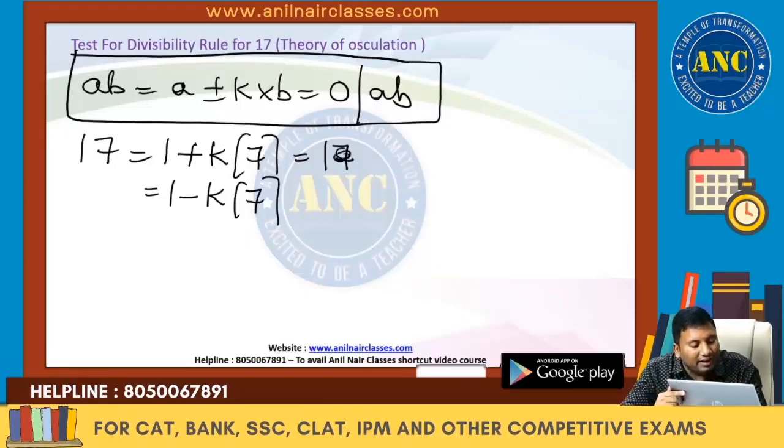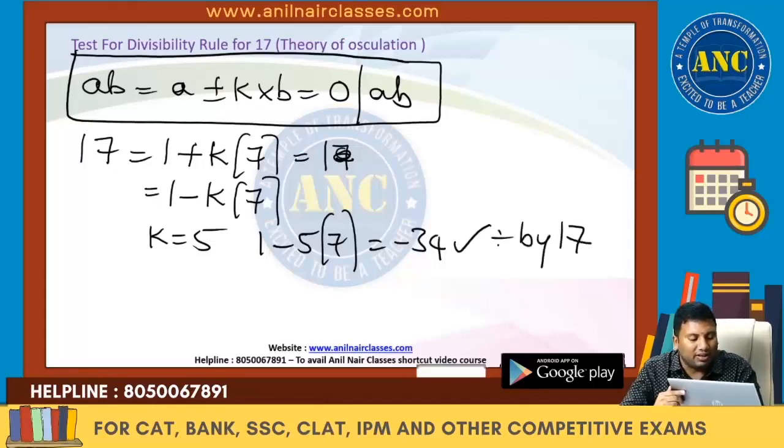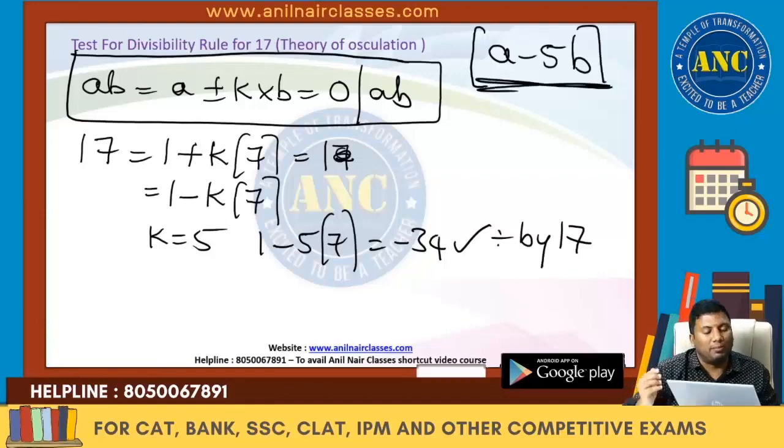If I take K value 5 here, in the second case, 1 minus 5 into 7. 1 minus 35 is minus 34. Minus 34 is divisible by 17. That means the divisibility rule of 17 is A minus 5B. I hope you are all there with me. A minus 5B. It may be plus K or it might be minus K. Suppose if it is